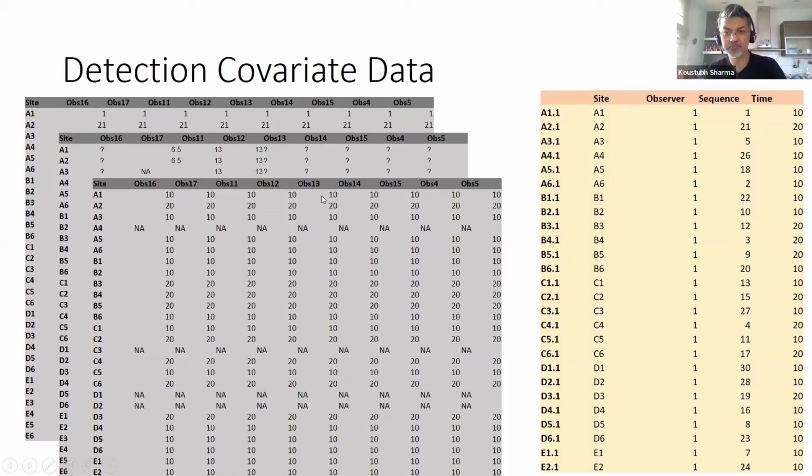And lastly, we listed the detection covariates in a way that each survey of each site could have a unique value of a covariate affecting the detection. In this case, for each site, each survey had a unique value of these three covariates that we looked at. That was one way of dealing with it. In case you're using PRESENCE software, you have three separate tables and they can be imported within the software. So this is where we were until last week.